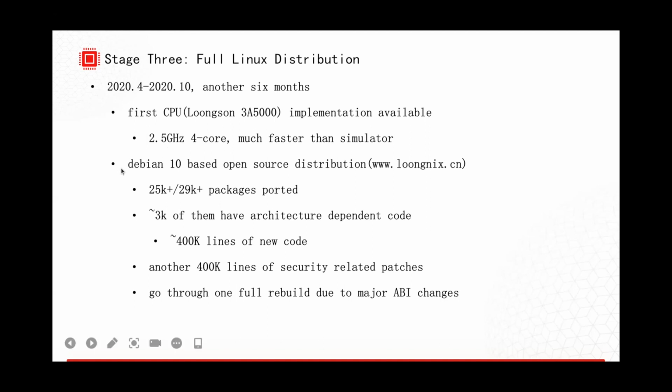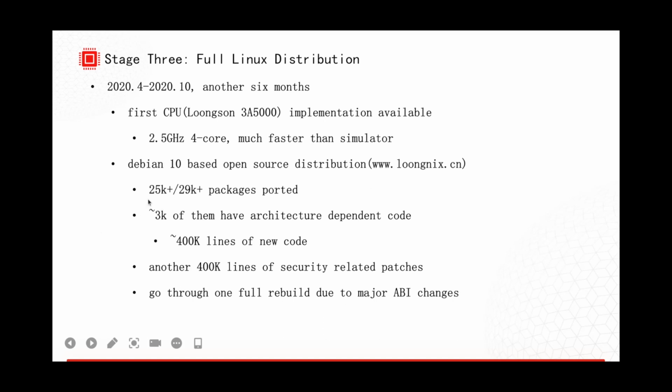So we start from Debian 10. It has in total more than 29,000 packages. At this stage, we have more than 25,000 packages ported to LoongArch.